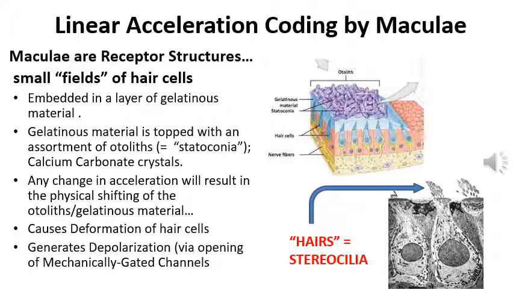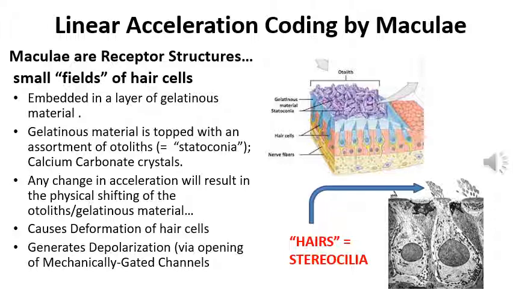But the fact of the matter is, if you suddenly change your position, you're moving forward and you stop. You're moving backward and you stop. You bend over to pick something up. You turn yourself upright because you're finished bending over. In each of those cases, that gelatinous material is going to shift. And it's going to shift because the otoliths have mass and they shift and the gelatinous material shifts, which means you've got a mechanical deformation taking place in the gelatinous material,